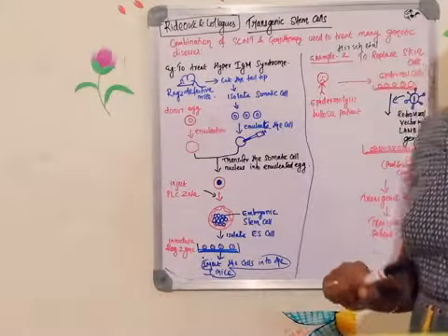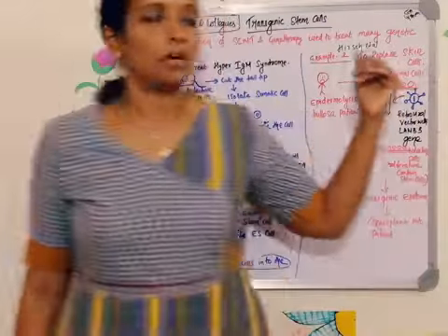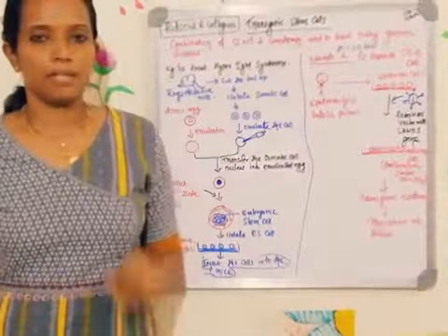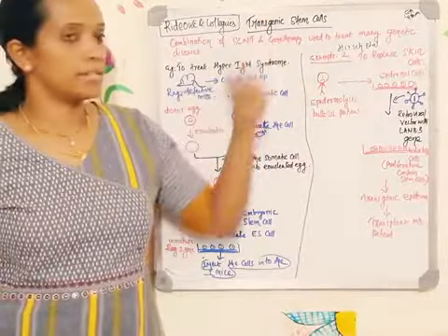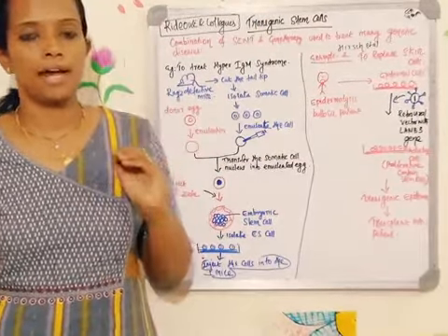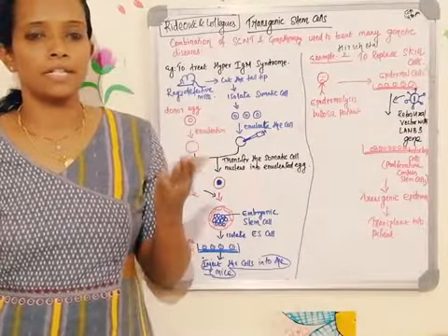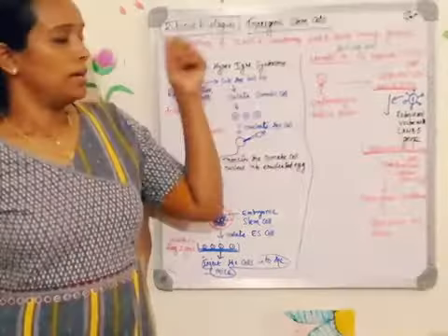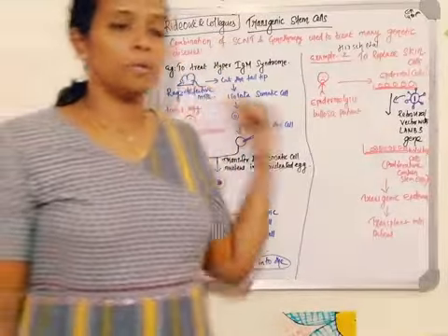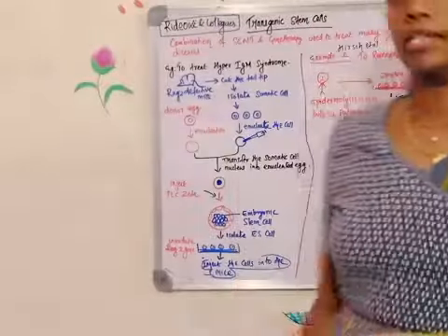Today we are going to discuss a very interesting topic in the stem cell chapter. That topic is called transgenic stem cell. From this term transgenic itself you will understand that you are going to insert some gene into the stem cell, and we are going to utilize those stem cells for research work and for treating disease. That is what we are going to see. It's a very new and advanced technique wherein stem cells are used for gene therapy purposes.